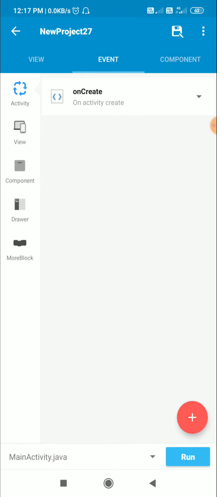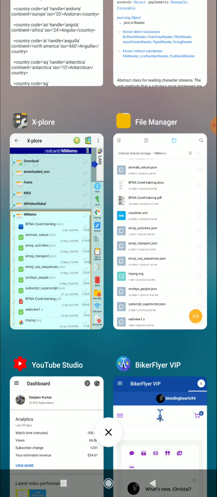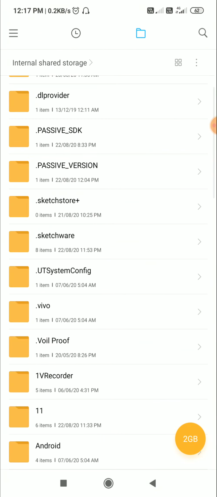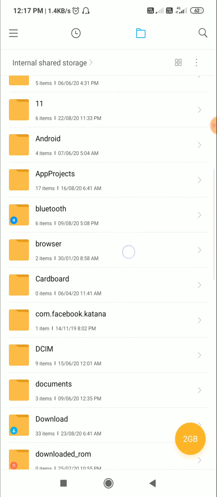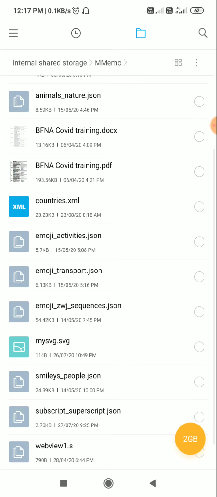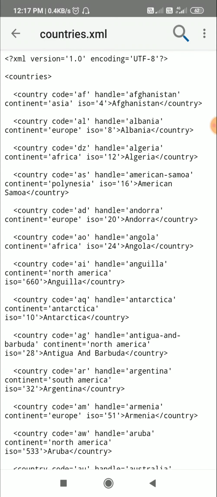Now to put the file in assets folder, we need the file. So I'll just go to file manager. Here in this MMO folder, I have this file countries.xml, which contains the same data.